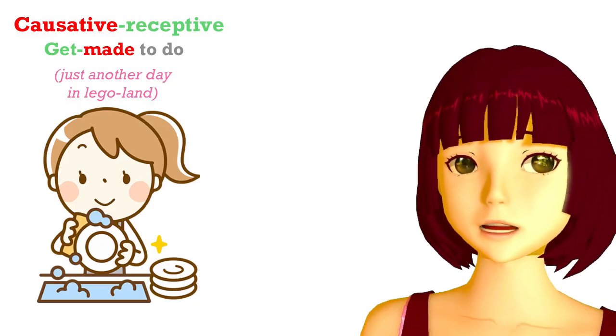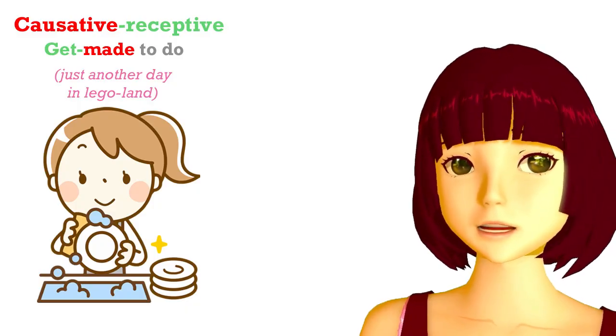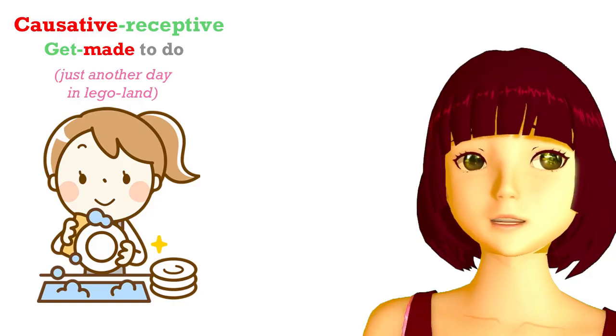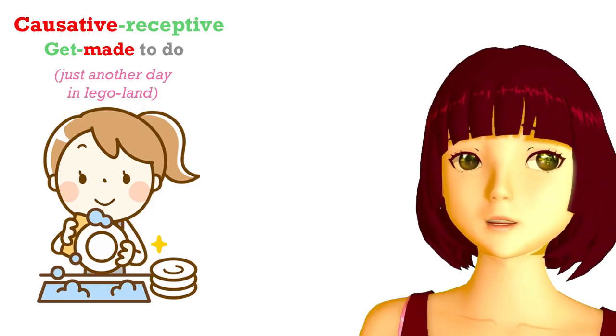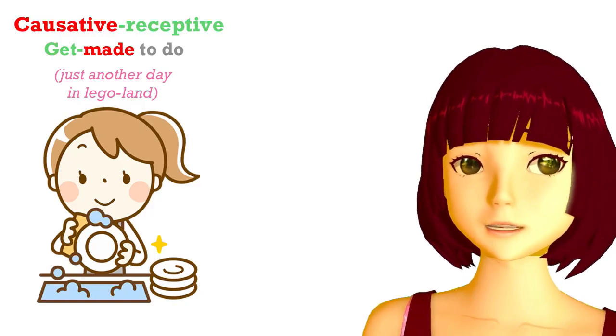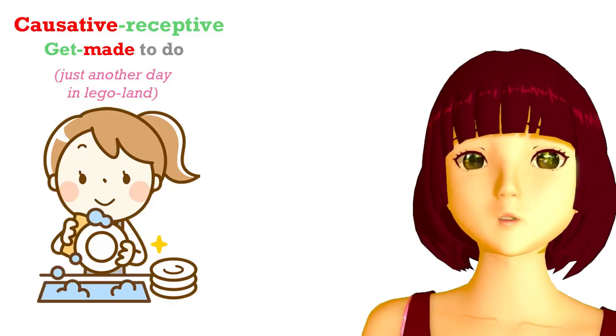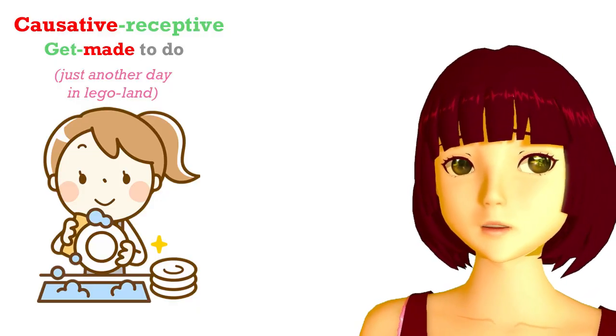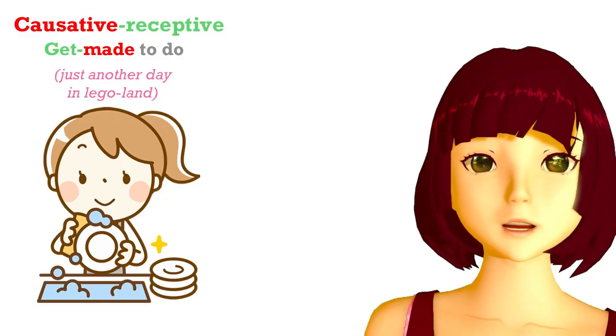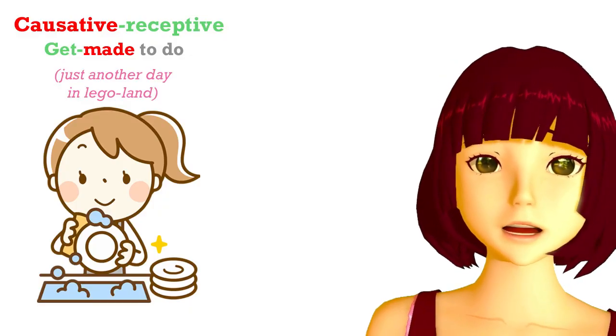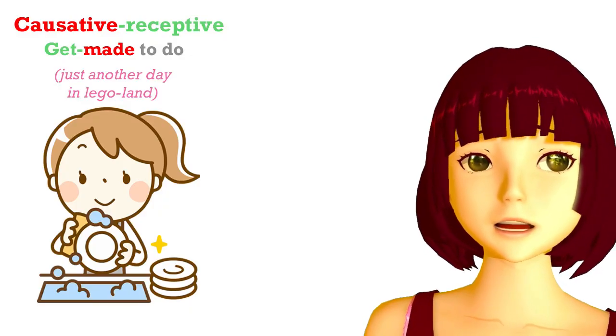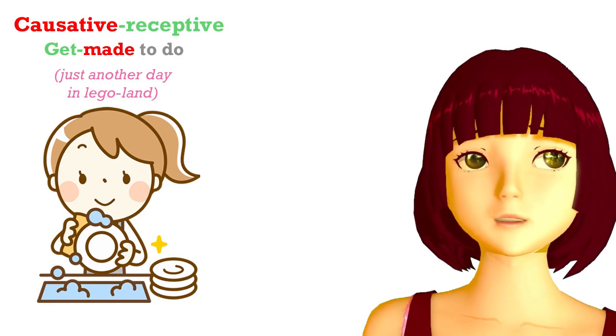Now, the other thing that people do find particularly difficult is the causative receptive, what is called the causative passive, and when taught with a standard grammatical model, causes people to receive a great deal of confusion. Now, as a matter of fact, once we have understood what the causative and the receptive really are and really do, I don't think there's anything special about the causative receptive at all.